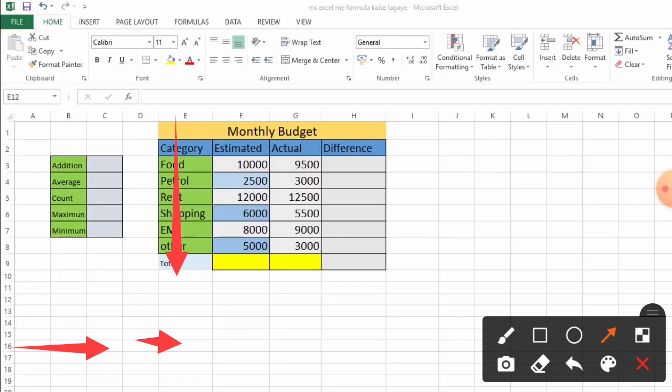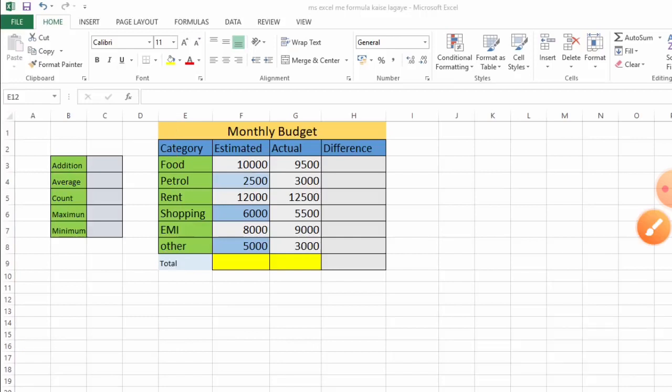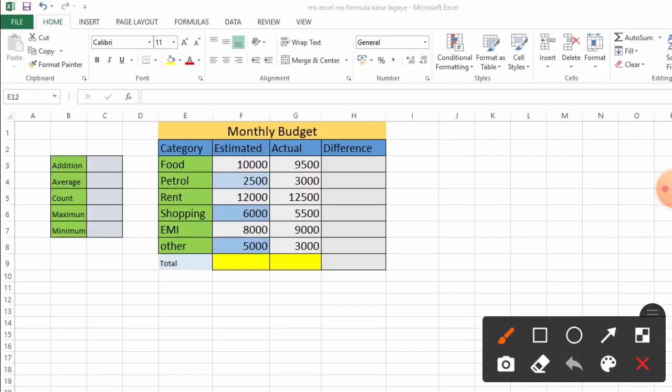If you click on any cell, you will get its address just by clicking. You can see the address box shows E12, because E12 is the selected cell.